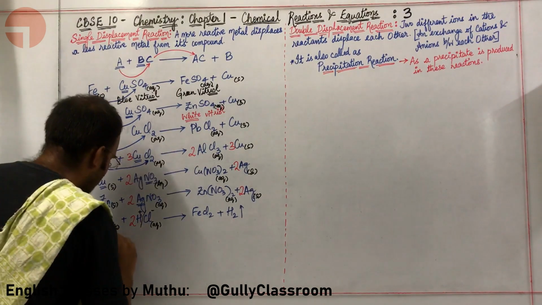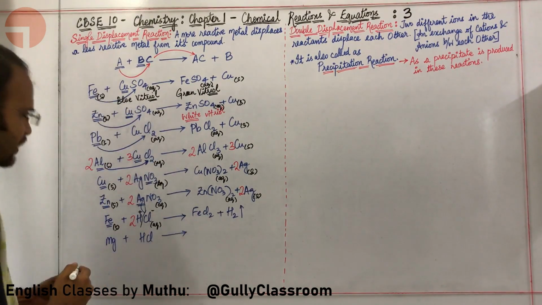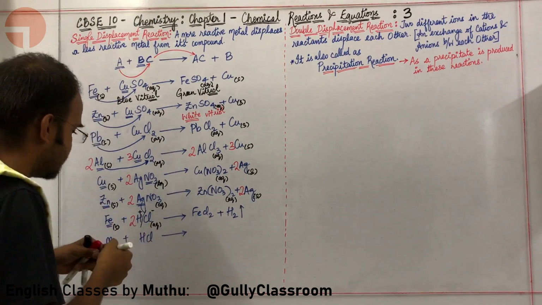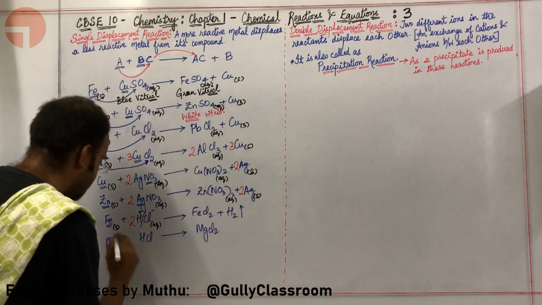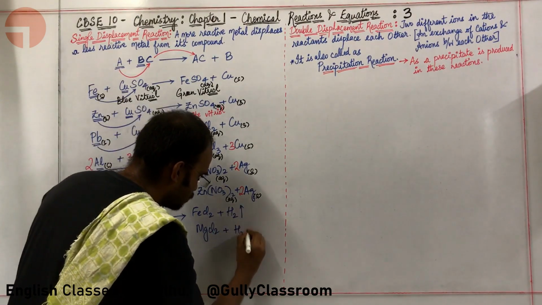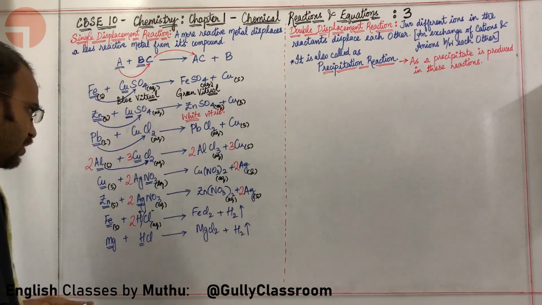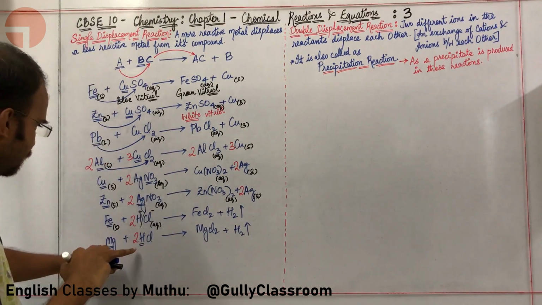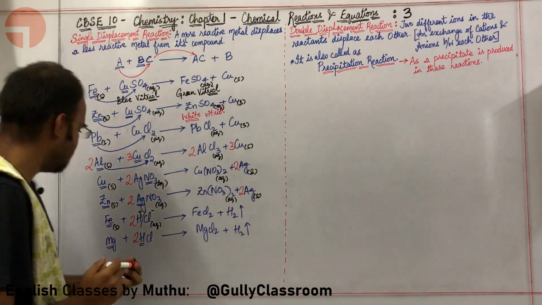Let me go for another reaction. Magnesium, I can put it with hydrochloric acid. Okay, now what will happen, sir? Magnesium, when I put it with hydrochloric acid, will form MgCl2. The more reactive magnesium displaces the less reactive hydrogen out of this acid and forms H2. Let me balance this reaction. Here there is 2 chlorine, so I am going to put a 2 over here. There are 2 hydrogen, so here there is 2 hydrogen. This is a balanced equation.